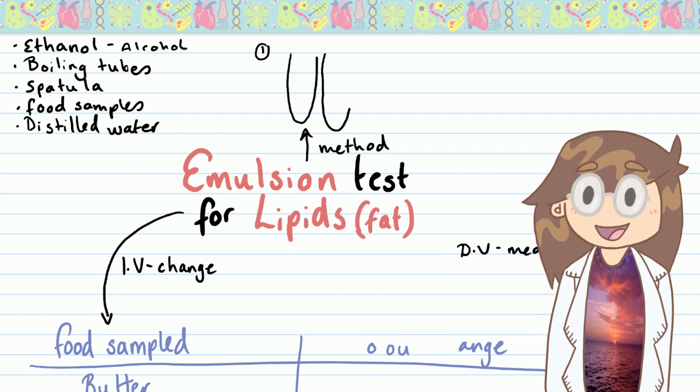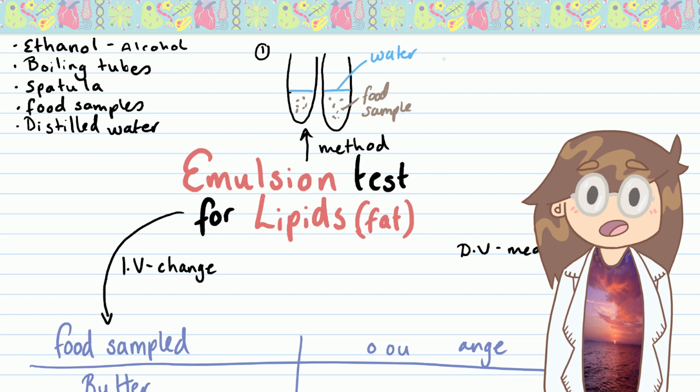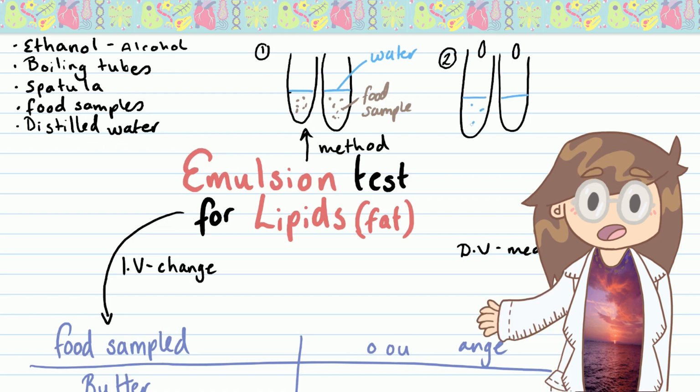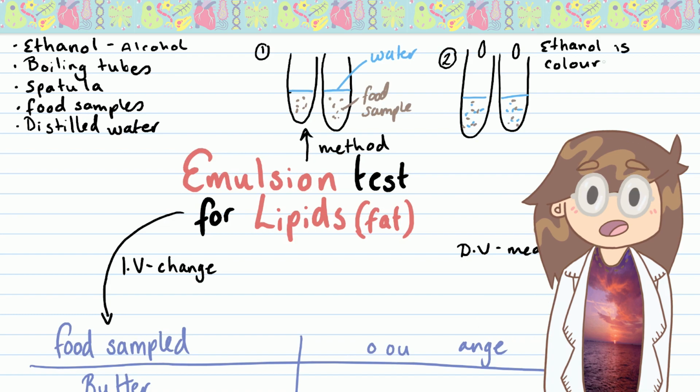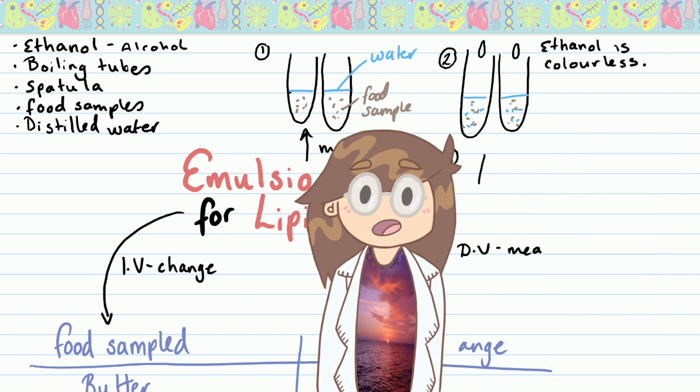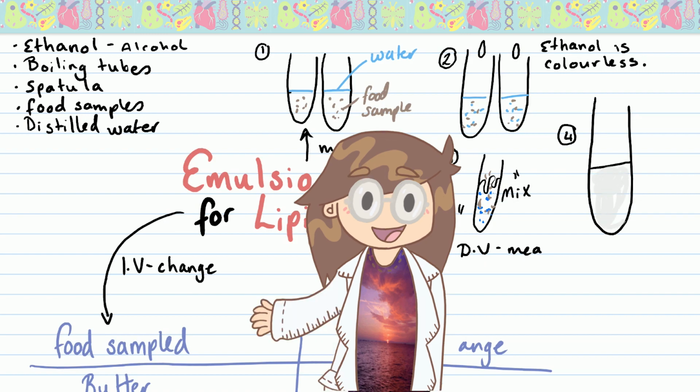So as before, we're going to put our food samples and the water into our boiling tubes and make sure they're mixed well. Then we're going to add some ethanol. Now ethanol doesn't have a colour, it's colourless, clear. Mix it well, give it a good shake, but make sure you've got a bung on that boiling tube. If there's any lipids present, you should see either a layer or the whole solution will turn a cloudy colour, a whitish, yellowish. Kind of reminds me of the colour of mayonnaise, because when you make mayonnaise, you are making